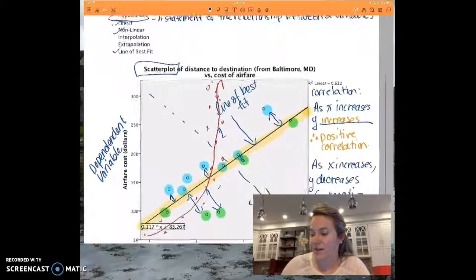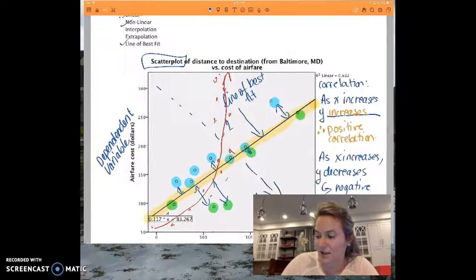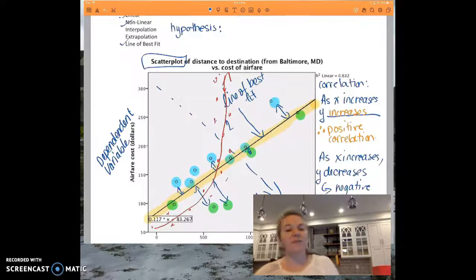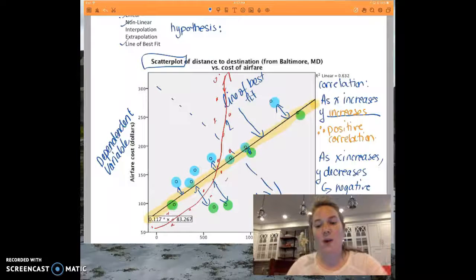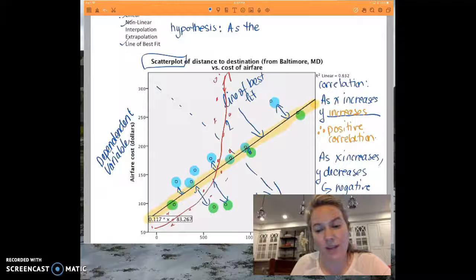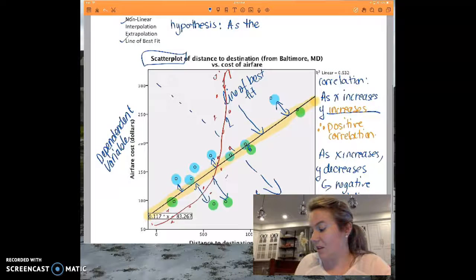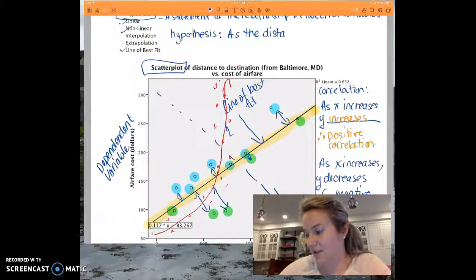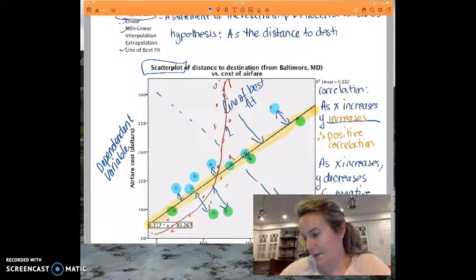So I'm going to write a statement of the relationship here, looking at this. So I'm going to write my hypothesis. And it's almost the same as the statement that we have for deciding whether it's positive or negative. So I'm going to write a statement involving the independent and dependent variables. So as, now I'm going to put in the independent variable, which is distance to destination. So I just label it distance to destination